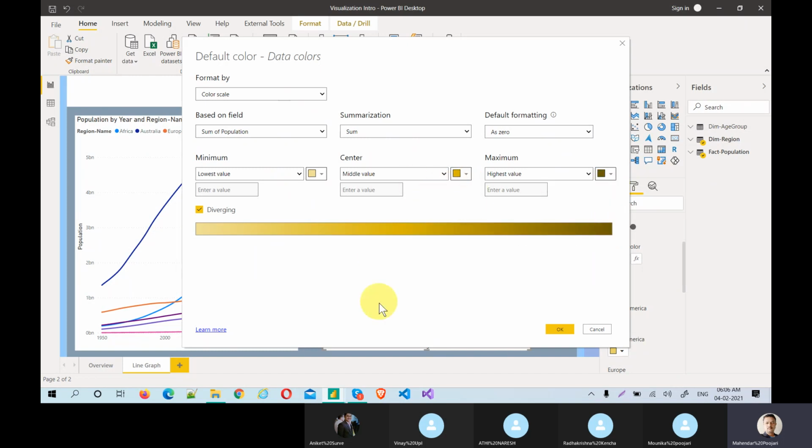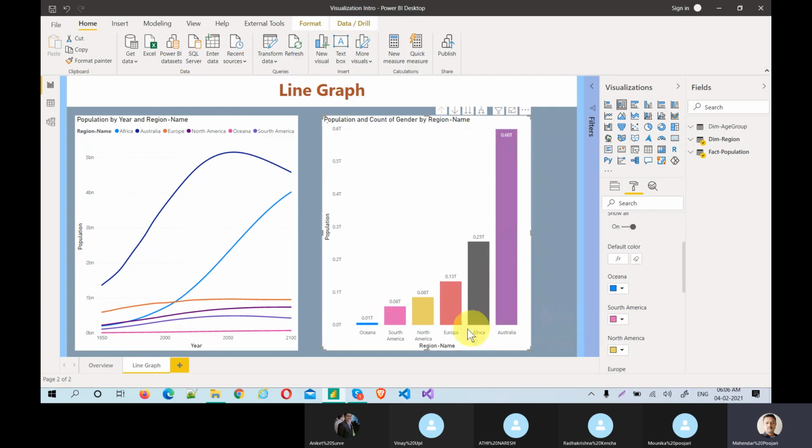So this is in between. If you apply that, they will simply change all of them. So this is the highest one, this is the medium, this is the lowest, something like this.